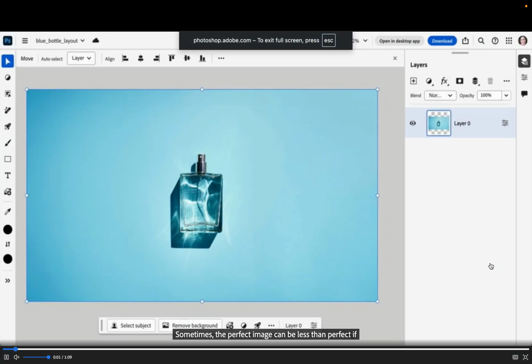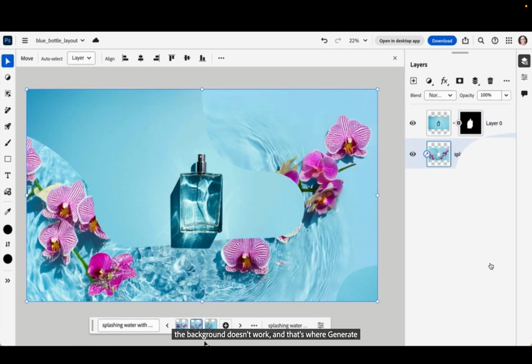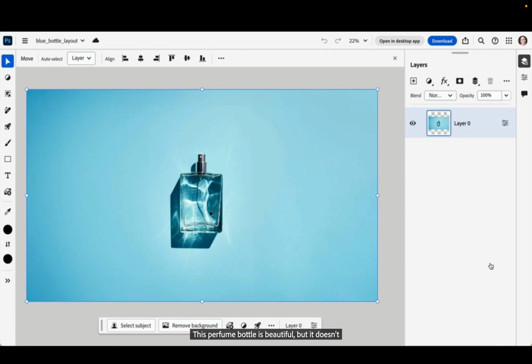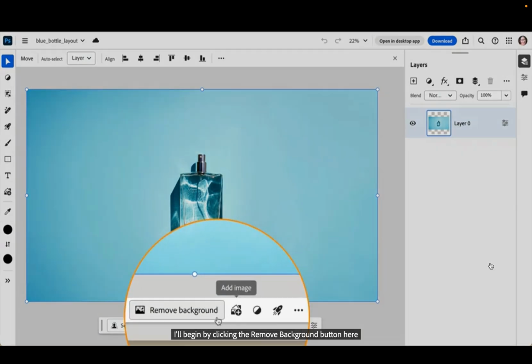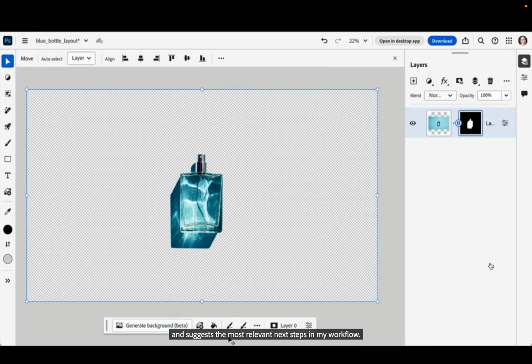Sometimes the perfect image can be less than perfect if the background doesn't work. And that's where Generate Background in Photoshop on the web really helps. This perfume bottle is beautiful, but it doesn't offer enough excitement with this flat background, so I'll go ahead and replace it. I'll begin by clicking the Remove Background button here in the contextual taskbar. This bar keeps track of what it is I'm doing on the canvas and suggests the most relevant next steps